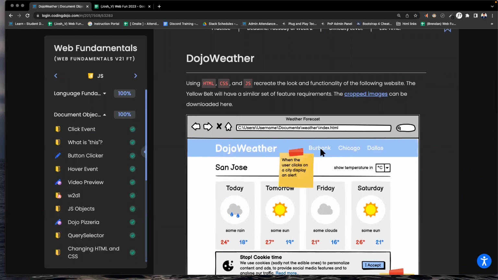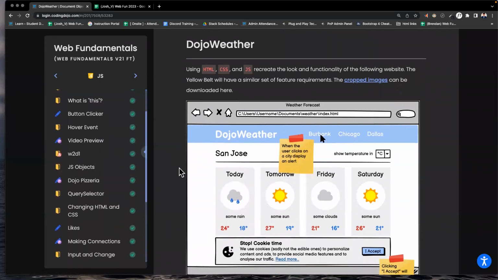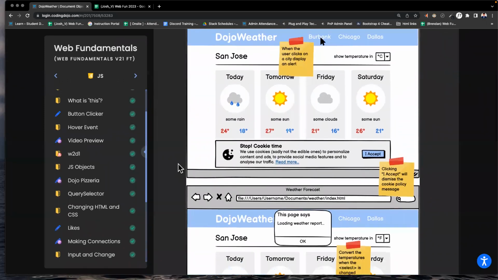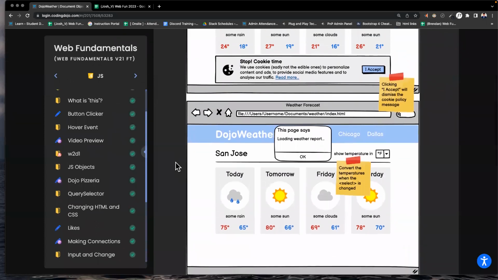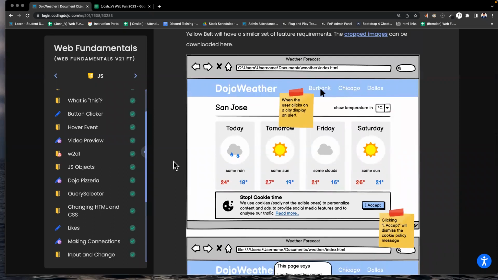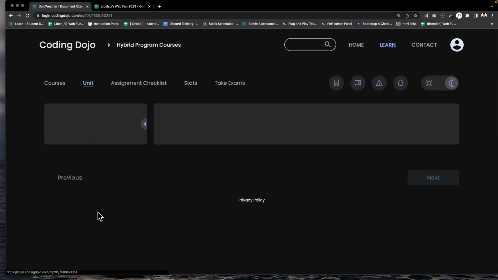Okay. All right. So this assignment is a practice assignment that's going to be a lot like the test. You can see here, it's not too complex. It's not something out of your range. I think the profile page may have been a little bit tougher than this as far as arranging divs on a page, but there are some JavaScript rules to this. And so let's just look over